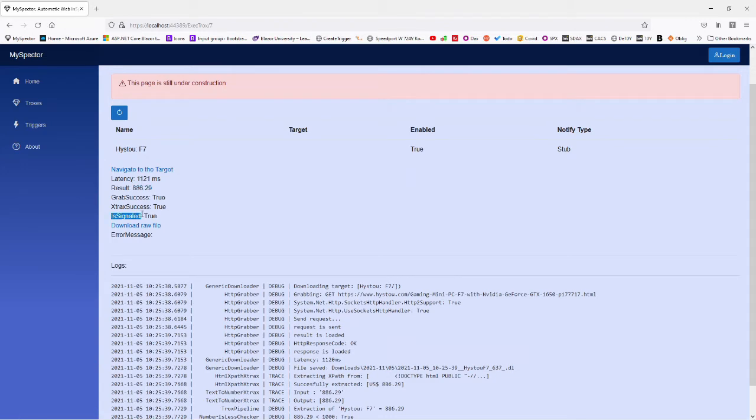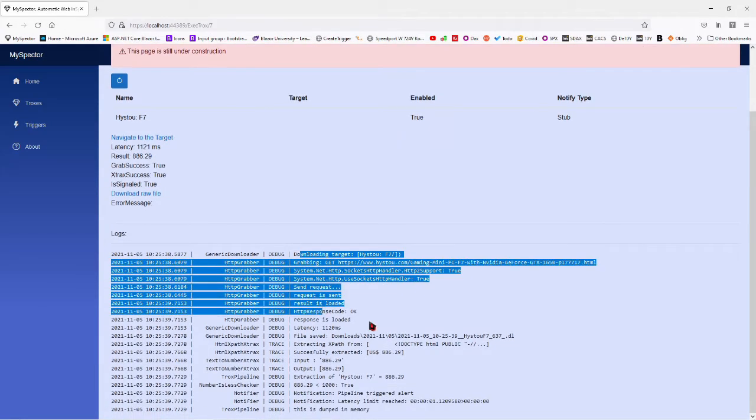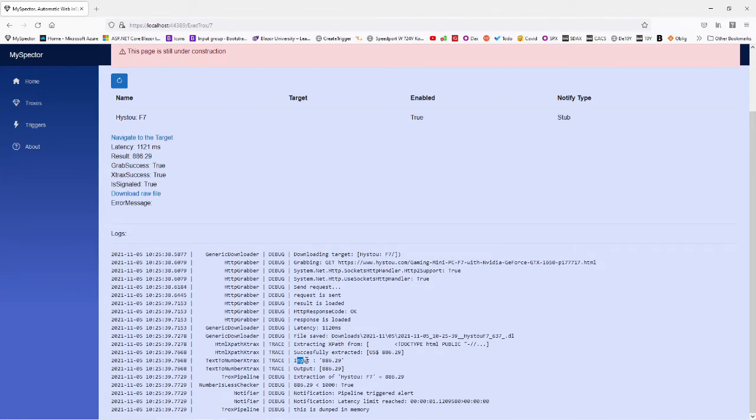And is it signal? Yes. Why? Because in fact, you see here there are the logs, input 886, and then there is a check. We have configured the Trox to check if it is below 1000, I should get notified, and then I have a notification. What you should understand is that if I want to send an email, I will receive an email if this value is obtained.